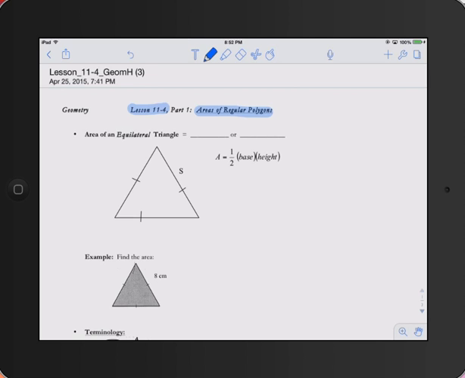Now, this lesson will actually give you another way to find areas of all different kinds of regular polygons, the first one being an equilateral triangle. So, area of a triangle in general is 1/2 base height. That's a formula that we already knew. But we're going to derive some other formulas here. So, for an equilateral triangle, remember that since area is 1/2 base height, I would need